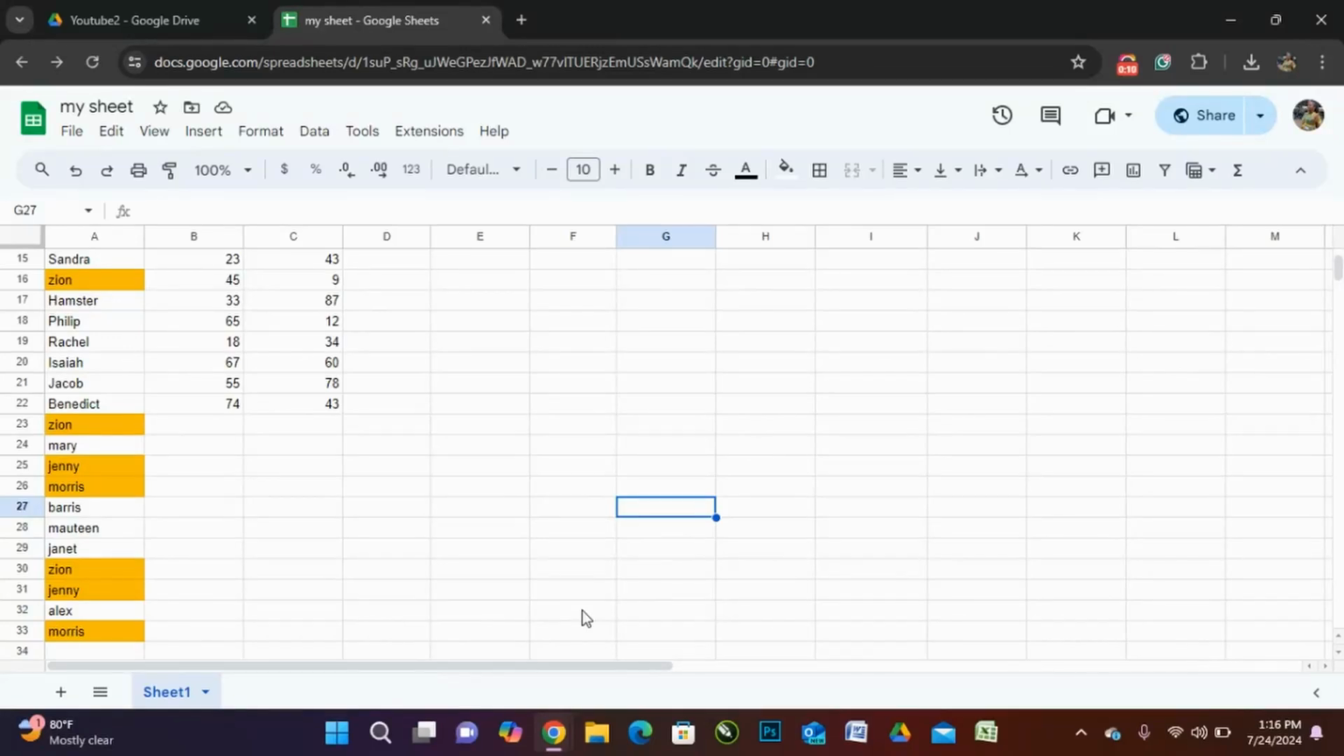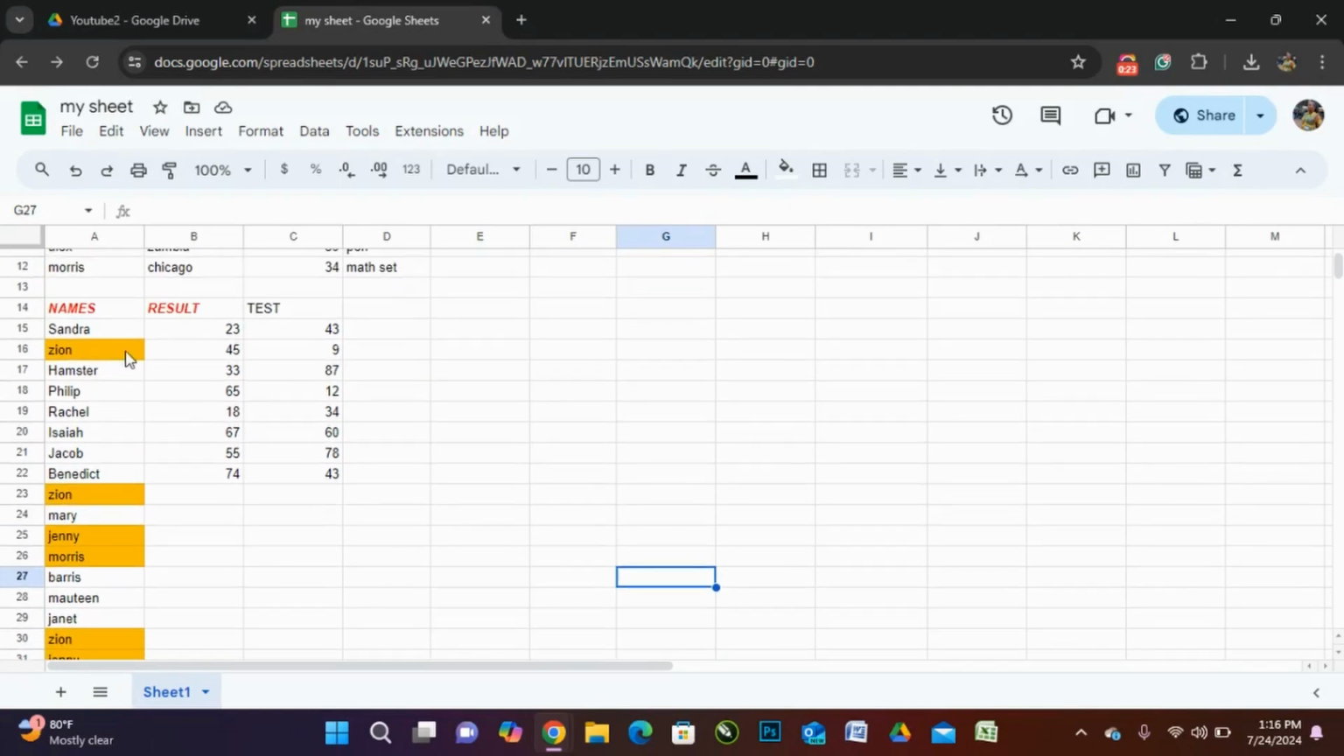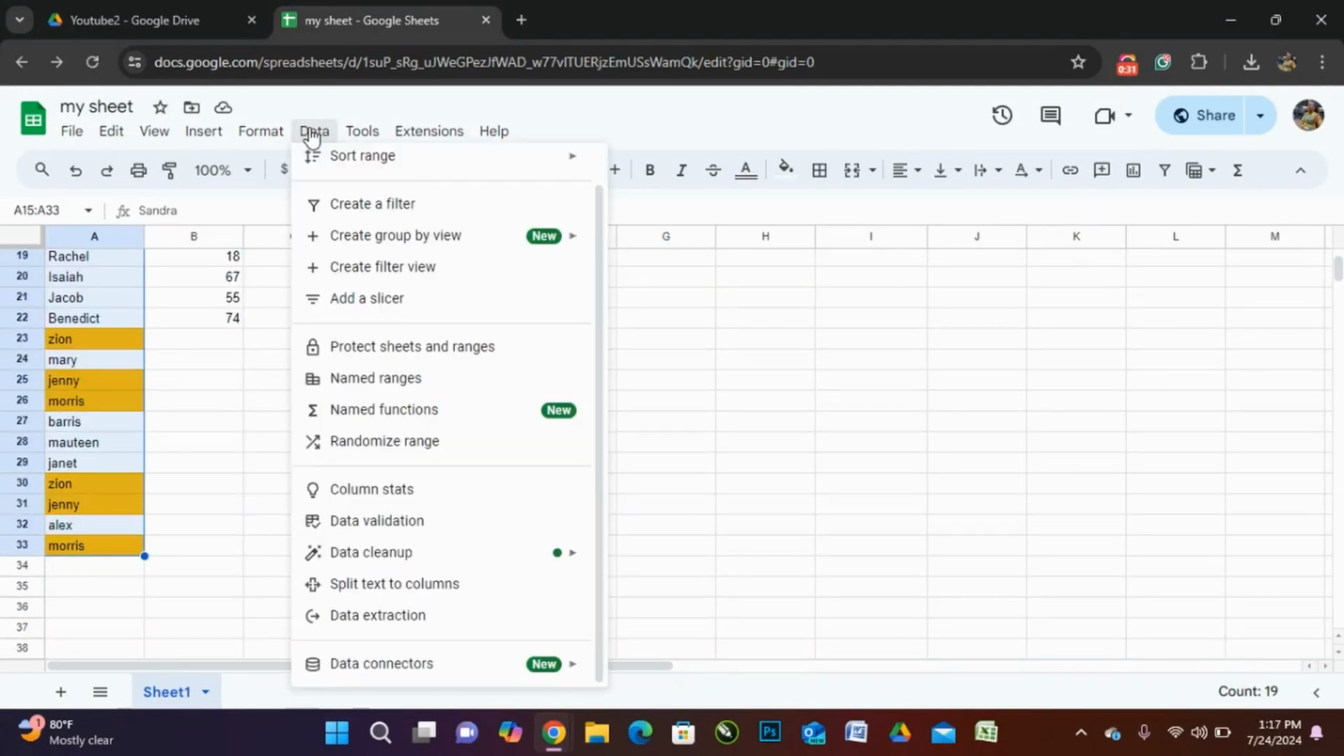This video will guide you on how to remove duplicates in Google Sheets. Open up your Google Sheets data containing the duplicates you want to remove. Now, select the data, click on the Data tab at the top of the screen, locate and click on